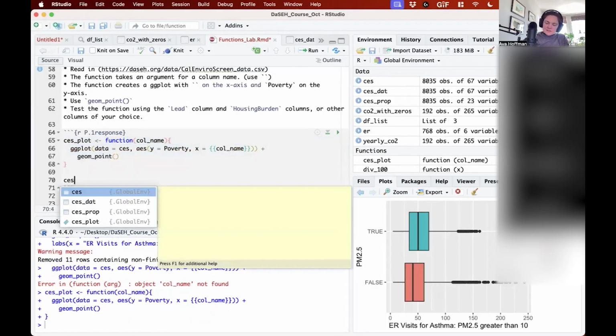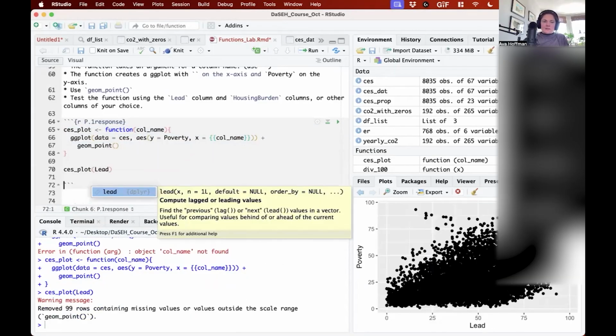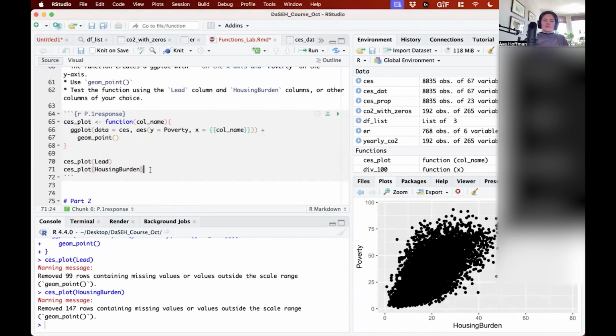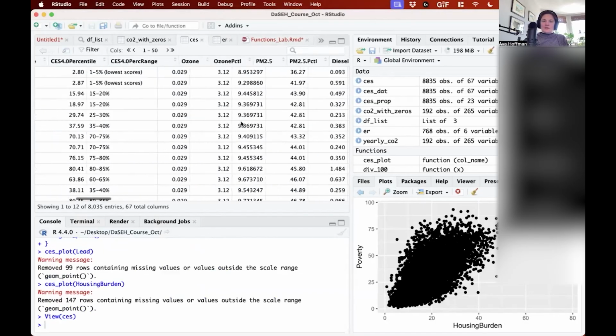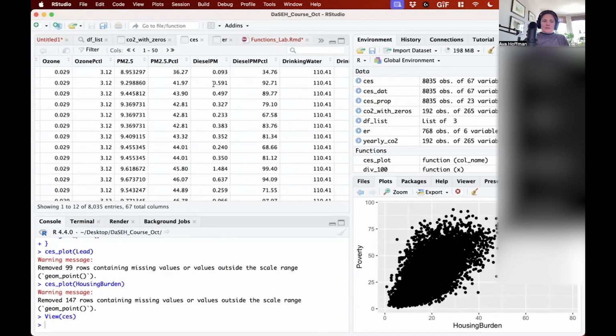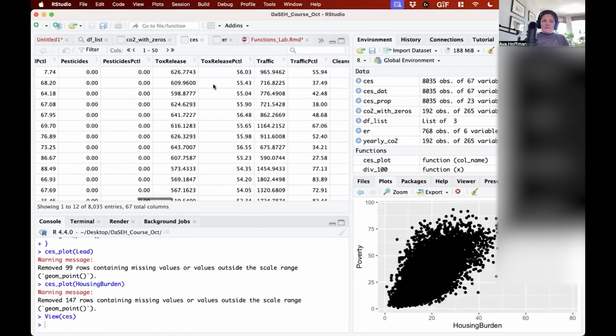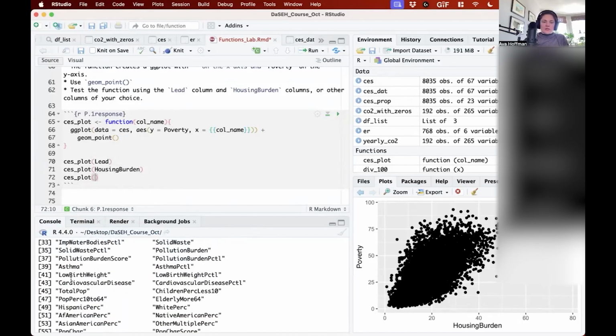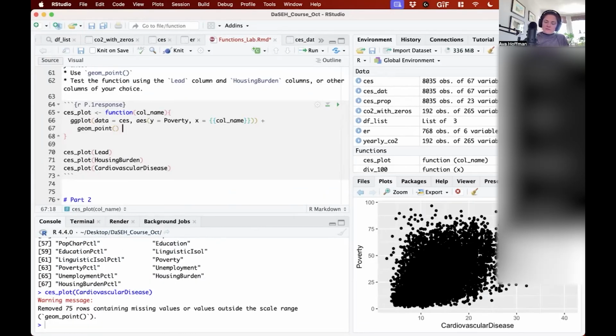And CES plot with lead and CES plot with housing burden. And so the nice thing is you could make tons of exploratory plots here, right? So we have tons of variables in this data set, right? Pesticides and drinking water and all these other attributes, measurements of the environment. So we could try a bunch of them. Let's look at colnames of CES. Let's try cardiovascular disease. If I wanted to, I could add that trend line